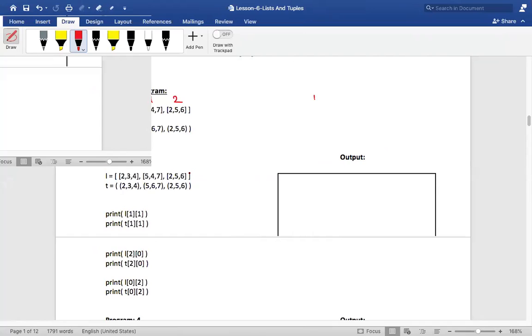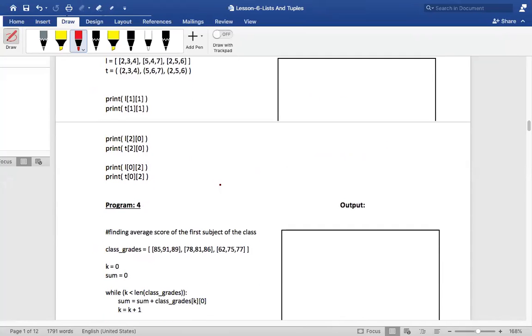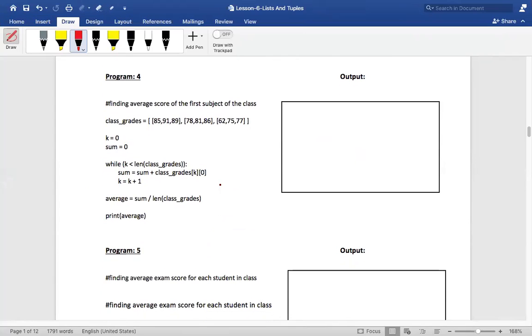Okay. Now, did you understand the concept, my dear friends? Did you understand how it works? The rest you can practice and see how it works. Now, cool. Shall we do one program that we left out? Shall we do one program here?